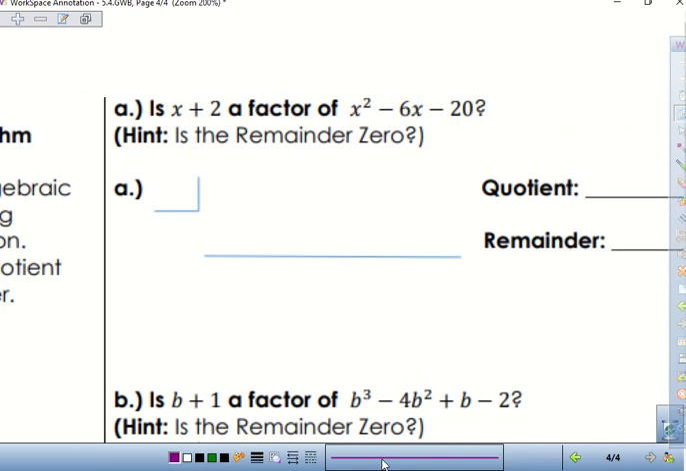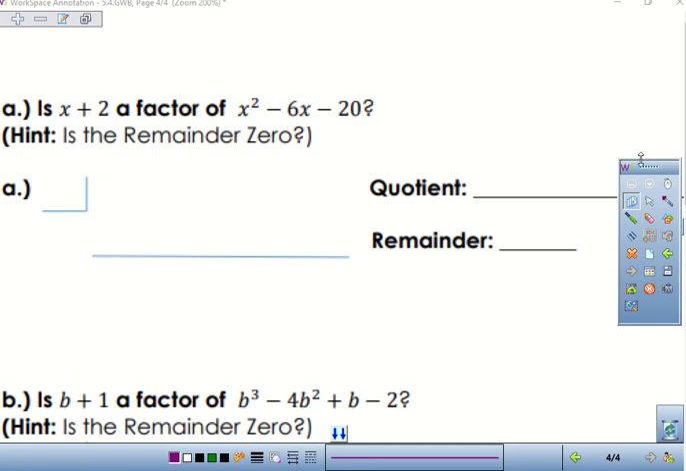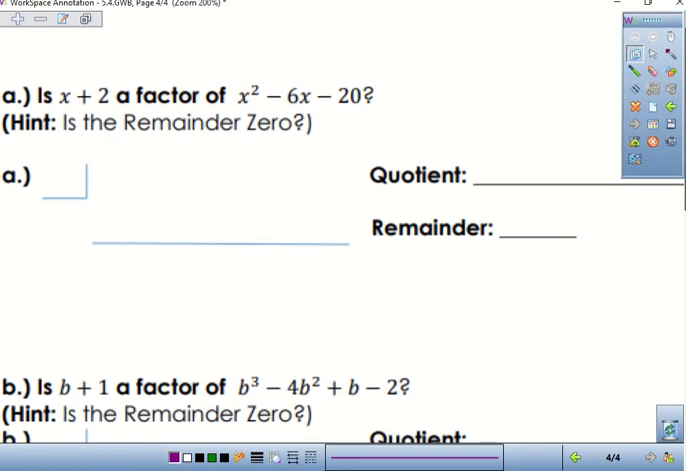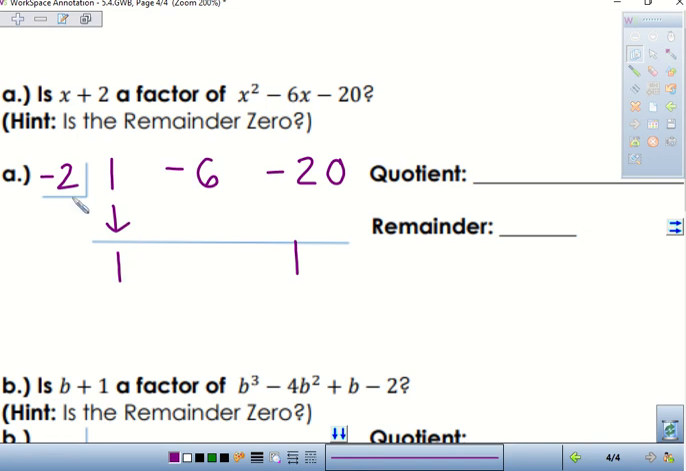Okay. So another way this question could be phrased is like this. Is x plus 2 a factor of x squared minus 6x minus 20? We check that by doing the division. Okay, so it's another way of phrasing the question. What's going to go here? Inside is going to be 1, and negative 20. Start by bringing down your 1, multiplying, combining,